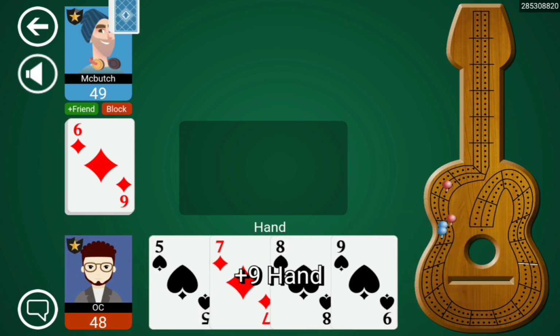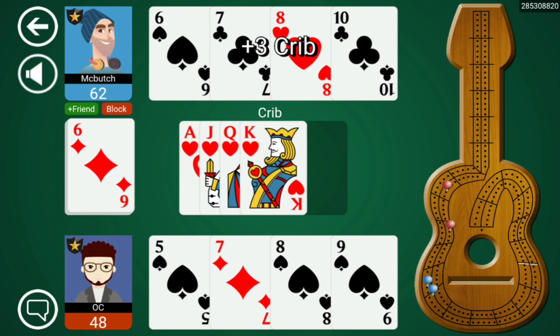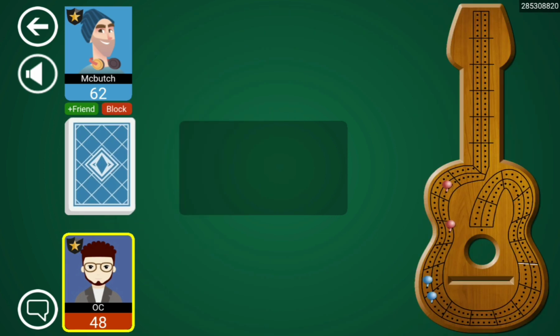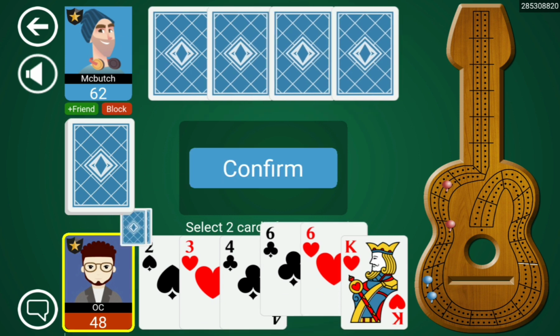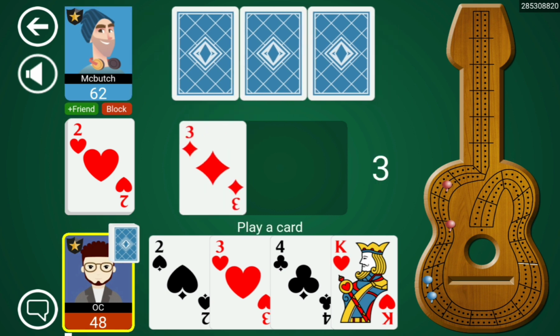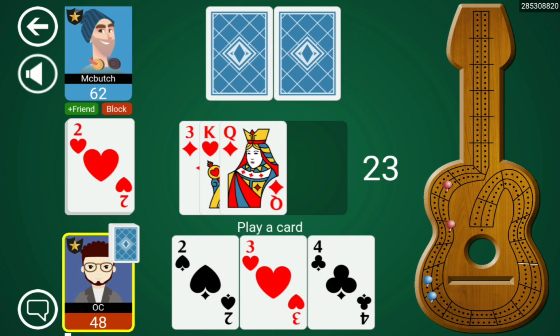All right. So we've sort of shot past the milestone. Our opponent technically got there first on the play, and with those points actually in their hand and the crib, they're in a pretty good position. They're looking to get to the next milestone, so maybe we should have not gone so hard on the play. Go up to 13 here, and